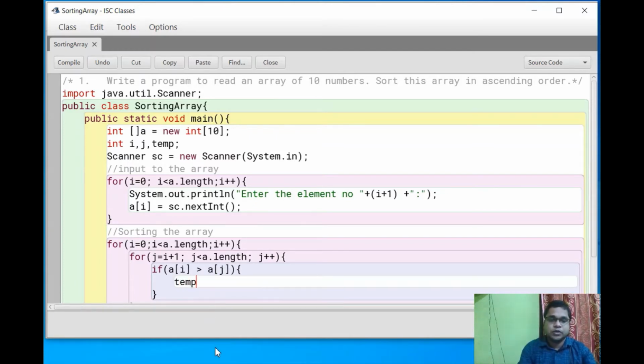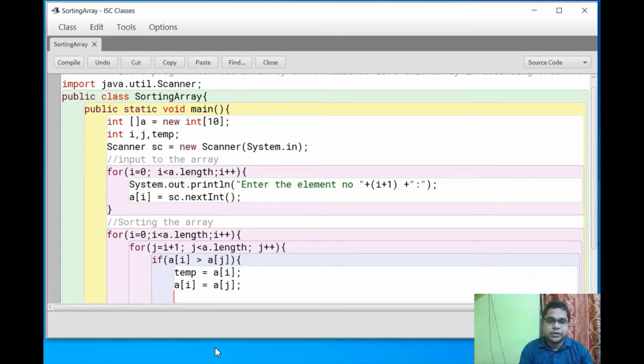So for swapping, temp equals a of i, then a of i equals a of j, so the j value is stored in the first index. After that a of j equals temp, meaning the first index value is stored in the second index of the array.